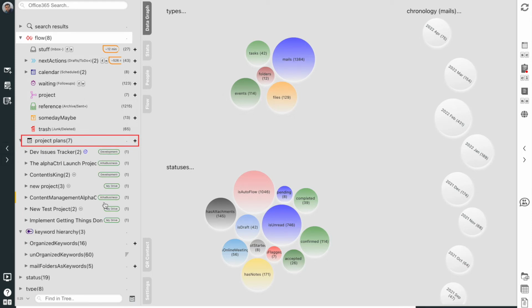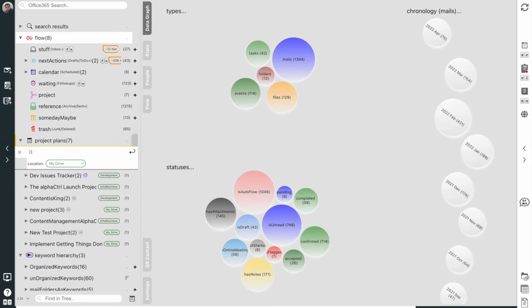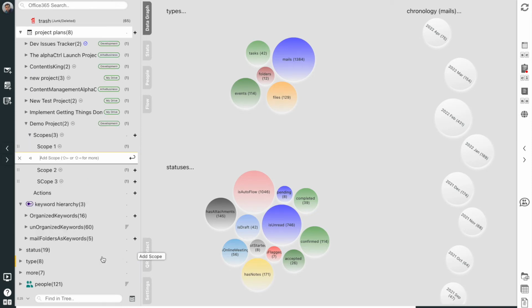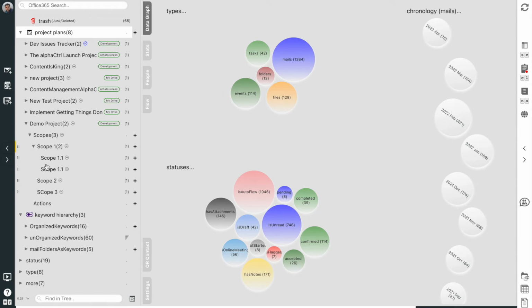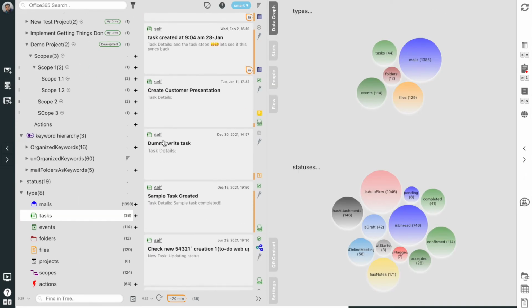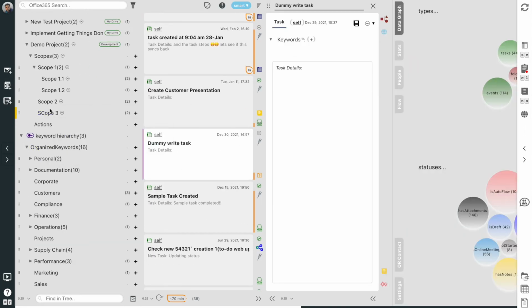Let me show you how this works. Let's create a simple project on this drive, which is shared between me and my co-founder, and enter all the scopes and subscopes. My co-founder has the same work breakdown structure visible to him on his version of the app. Now we can both start connecting emails and files to it, like this.